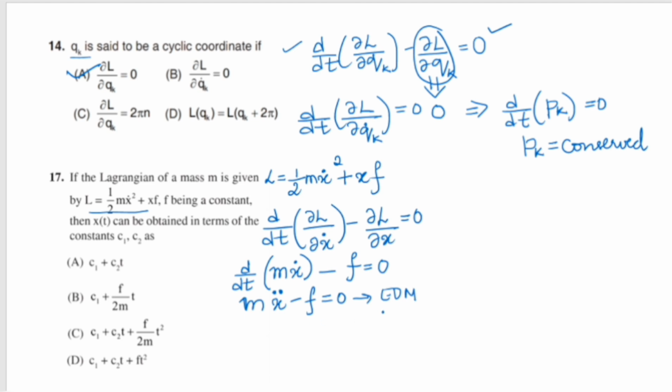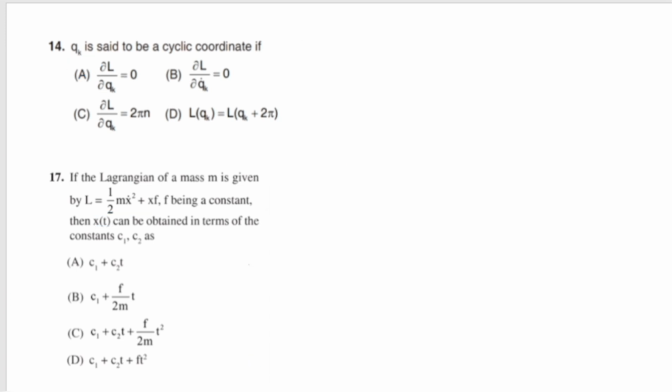So on integrating this equation of motion, we can get the x of t, that is x, depending on the t. We can get x. So shall we do that? m x double dot, which is equal to F, can I write like this? Yes, I can write. Here m into x double dot equals the constant F, right? So if I take m to the right hand side, it will be x double dot equal to F by m. Now what I need to do? I want the value of x. So if I want the value of x, I need to integrate. So on integrating both the sides,